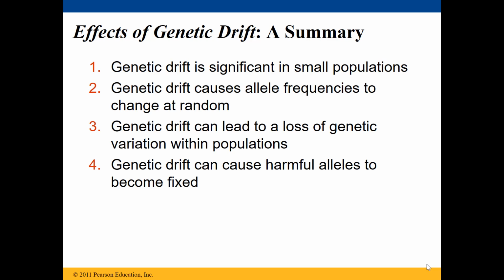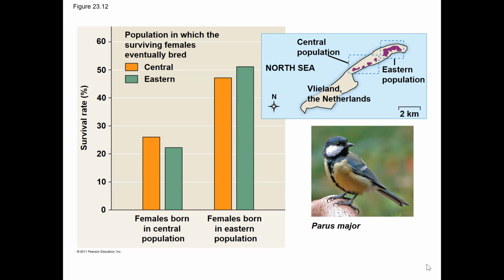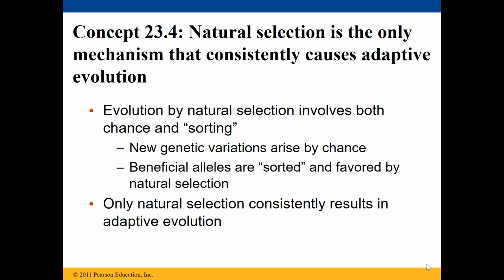What about pugs? Pugs have a ton of respiratory issues. A lot of this is because of genetic drift, where you have features that are really harmful, really bad for these organisms. A lot of it has to do with genetic drift. All right, that's pretty much it from chapter 23 that we need to talk about, except for one last